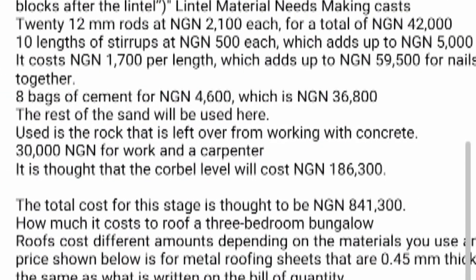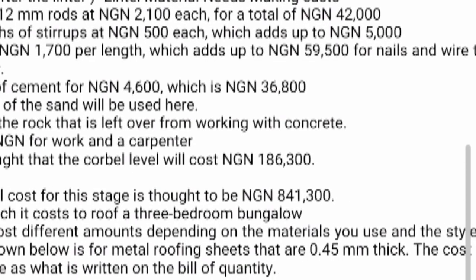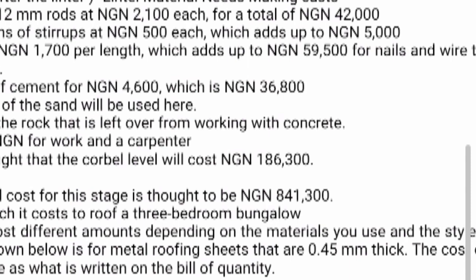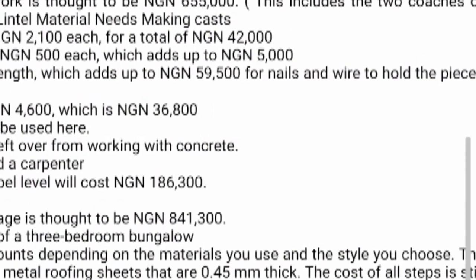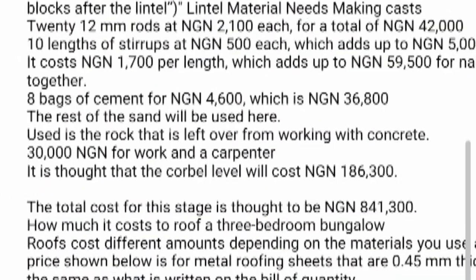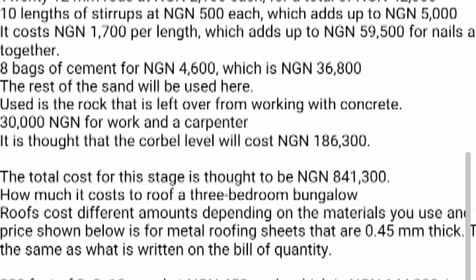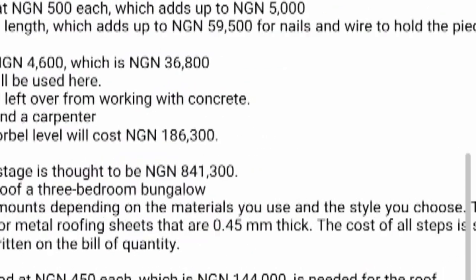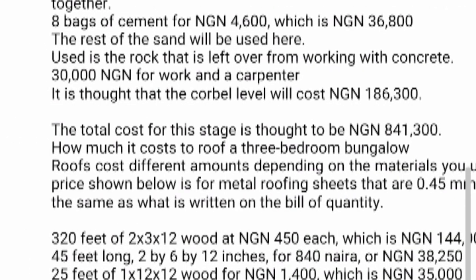Again, make sure you get a bill of quantity. This will help you a lot to know the relatively exact quantity of material that you need for your building plan. That is the only way to be sure you have all the materials you need for your home. The roof is where this stage ends. What you need and how many people to work on block work: